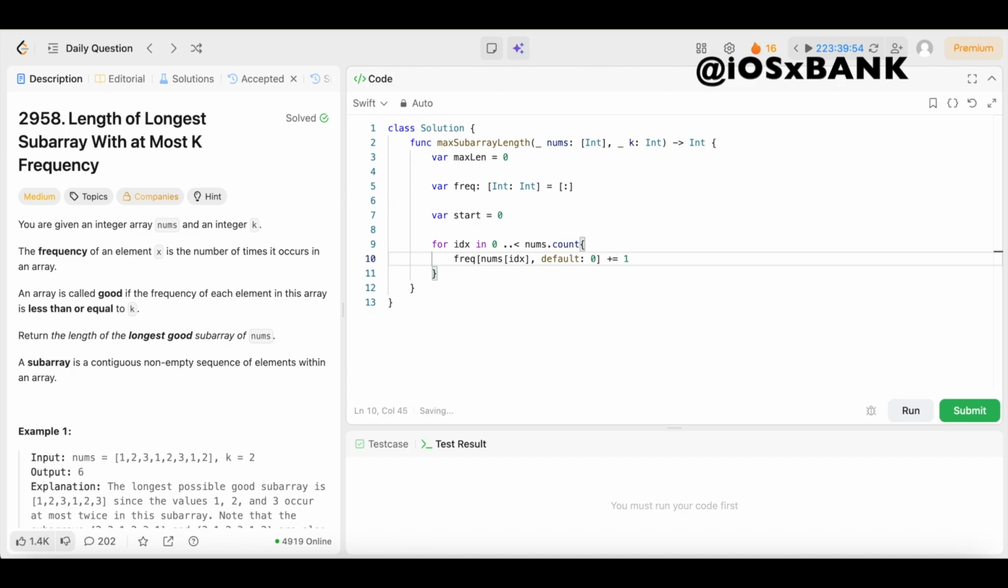Boom. Now, if the current number now appears more than k times, the current window is no longer valid. We're going to shrink the window from the left until the frequency of nums[idx] becomes at most k again. So we're going to say while freq[nums[idx], default: 0] is greater than k,